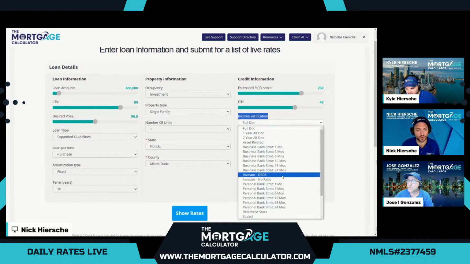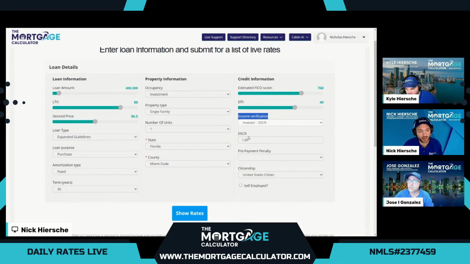The most popular for an investment property is going to be DSCR. And that's because it doesn't require any income or employment or documentation from our borrower. We simply use the estimated rental income from the property to determine a DSCR value. It stands for debt service coverage ratio. If the estimated rents can cover the PITIA of the mortgage, that's a ratio of 1.0 or higher, aka the